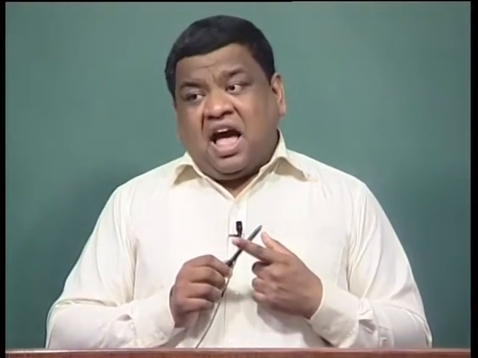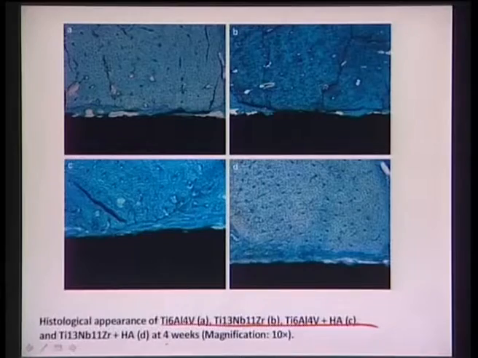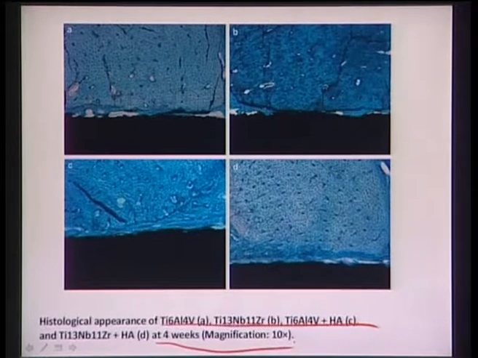And why titanium is preferred? I said that from the point of view of corrosion and wear, titanium is more corrosion resistant compared to a stainless steel stem, for example. Now, you see here that after 4 weeks, these materials are implanted in an animal model, and these are 4 different compositions. One is Ti6Al4V, that is titanium 6% aluminum 4% vanadium, then Ti13Nb11Zr, that is titanium 13% niobium 11% zirconium,